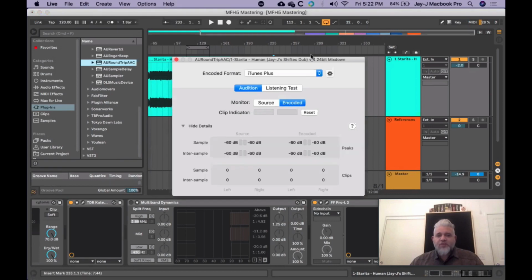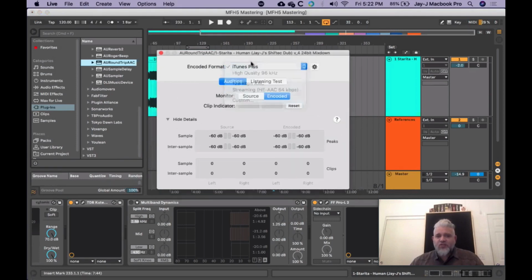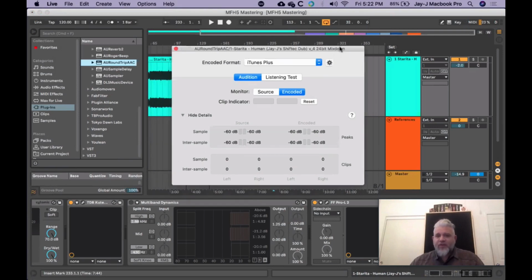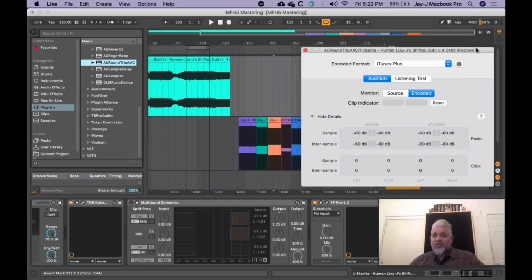What this shows me is the result of the iTunes Plus conversion, and it's going to allow me to see the source or the input. So it's the samples and intersample peaks, which I sort of covered really quickly, and you'll see there's a difference there. And it's going to show me the encoded, so the result of the iTunes Plus encoding or the high quality 128 or whatever, right? So it's going to show me the encoding, and it's going to show me the source peaks, any clips that occur. And this is just a way for me to verify that what I'm doing is going to be a really clean sounding, the cleanest possible AAC file. So if I look at what I've got going on,